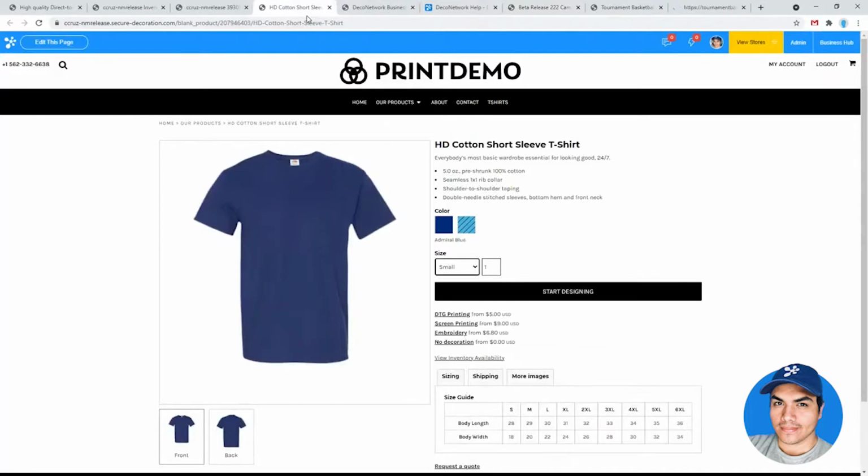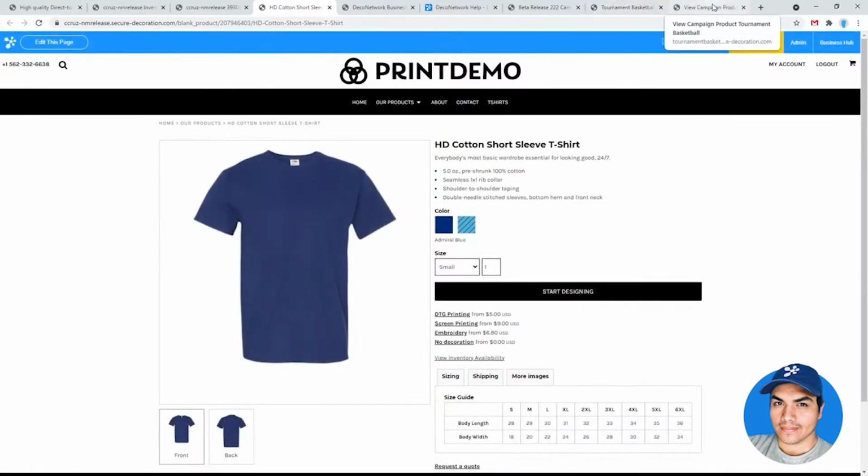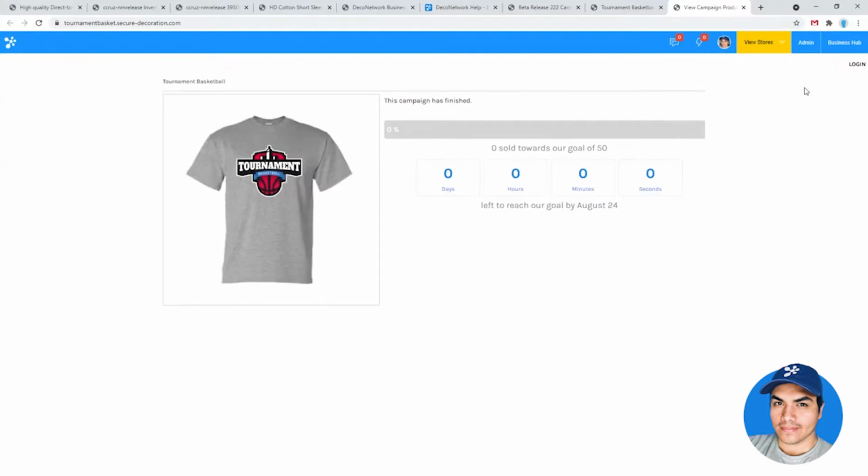Full stores, full affiliate stores, or even your main site displays this little cart icon in the site header. And when you click on that, a little side pop-up opens up that displays whatever items you have in your cart. So the new option that we've added is the ability to display that same shopping cart icon on campaign sites, which makes sense now that we have the ability to add more than one product to a campaign site. So that way the user can track which items they've already added to the cart and proceed to checkout from